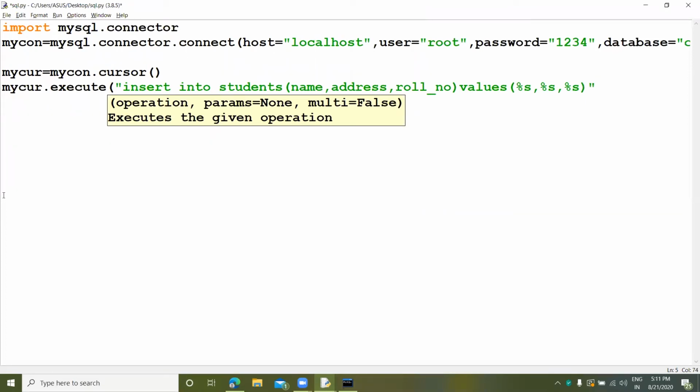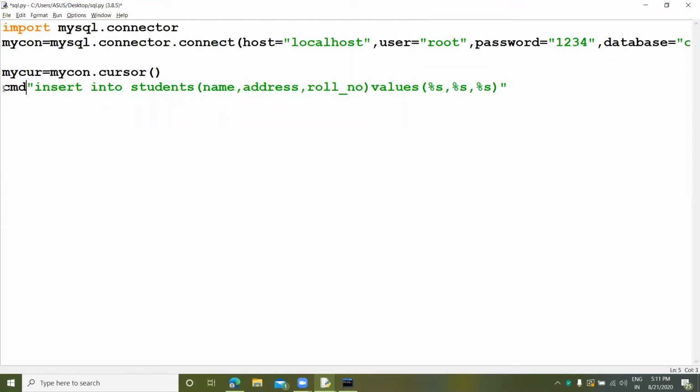We will not execute right now, so we use cmd equals, suppose this is my command. So now we will insert data. The values which will be included: suppose the first value is Zonal, and second is the address, so we will enter the address as Noida.